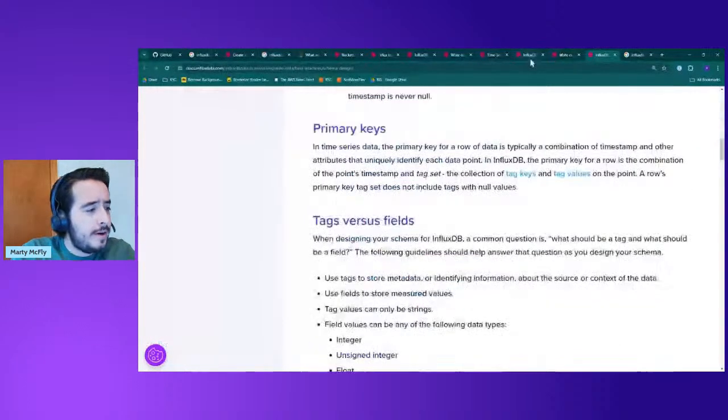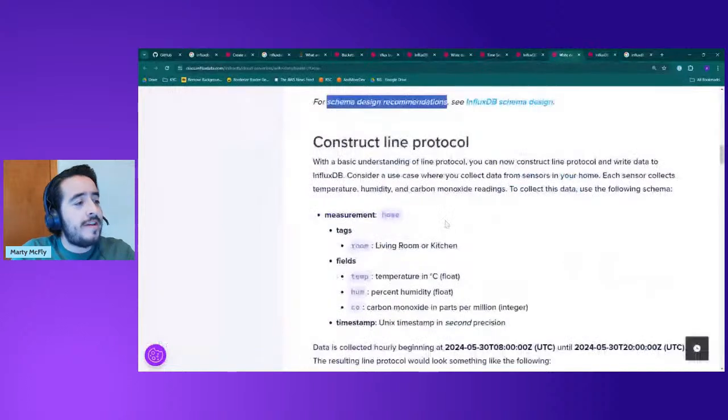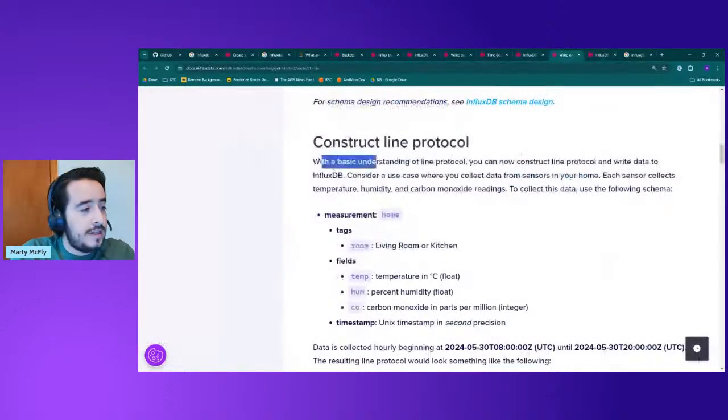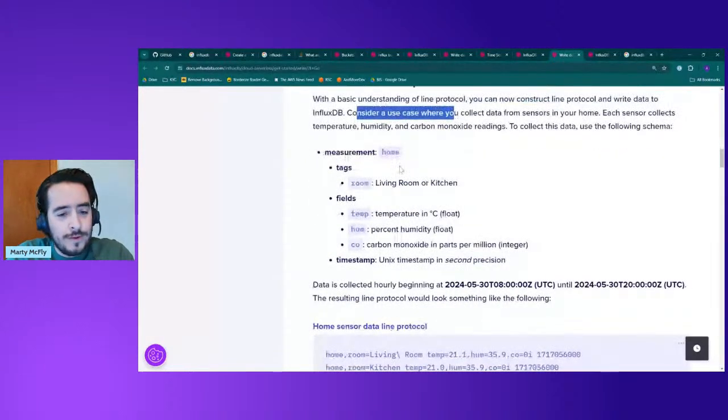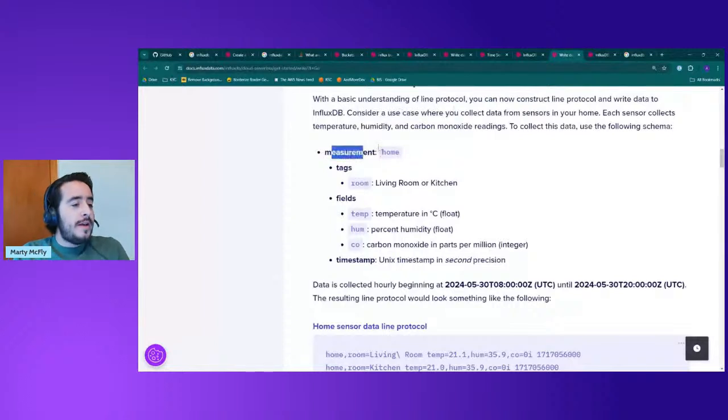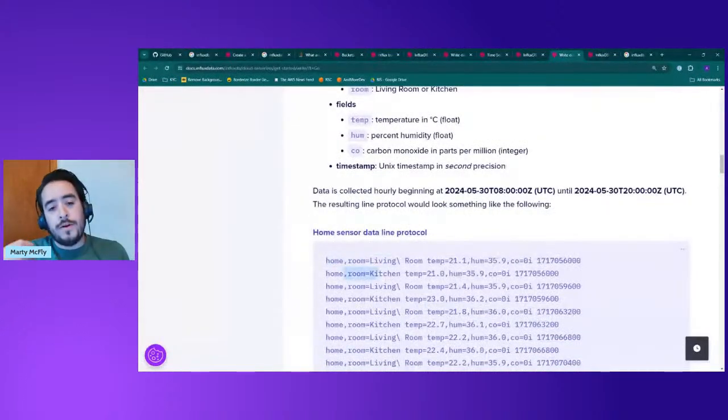But I'm going to continue going here, right? So here's their example of the construct line protocol, where we want to write data to Influx. For the first time, I'm reading full documentation, but it's done in measurements. If you're using an IoT device like a heart rate watch, it's going to keep doing it based on the intervals you have, right?